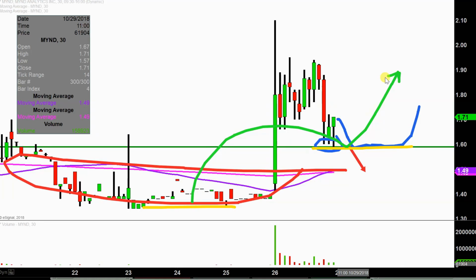So really the $1.60 area is kind of a vocabulary definer. It's telling us, is the price going back, again, going back associated with bearishness, or is the price making progress? Making progress being associated with bullishness. So keep an eye on $1.60, and that's really going to do a good job, at least in my opinion,